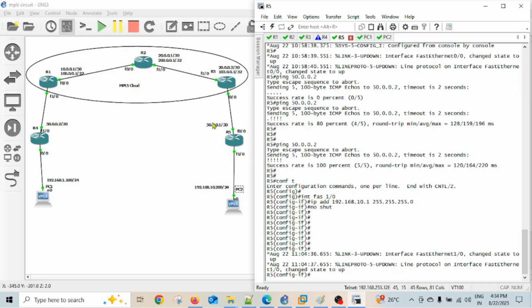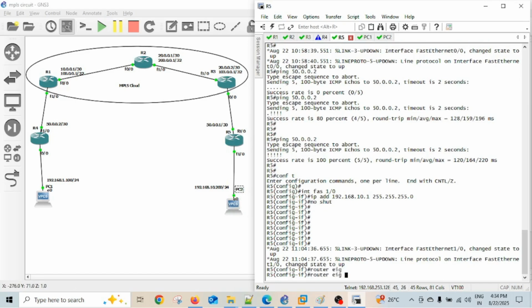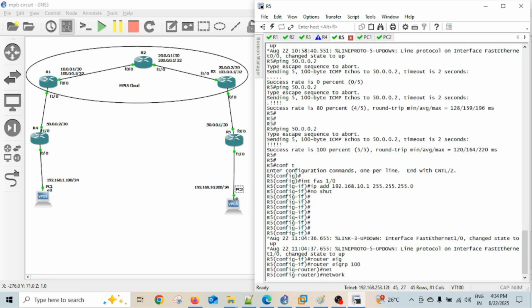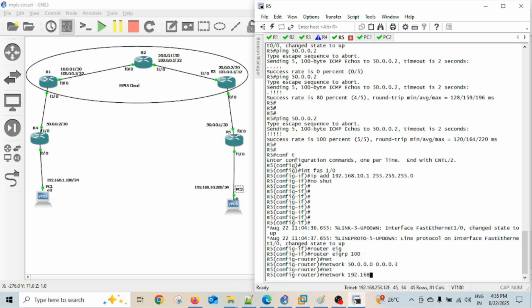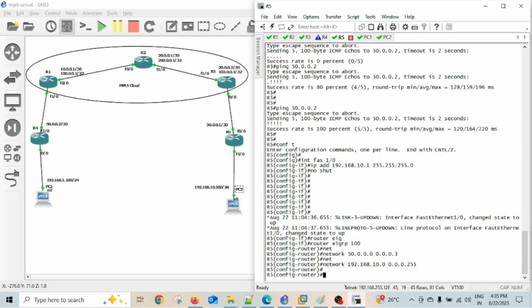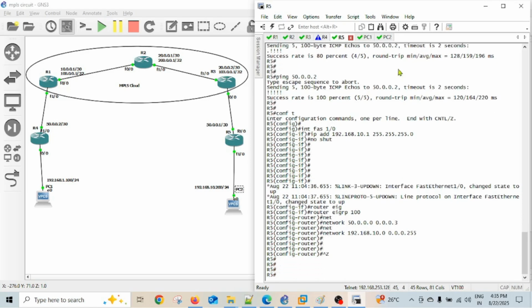So between different networks, to reach our LAN networks we need routing, so I will use router EIGRP 100, and the network I will define 50.0.0.0/30, and network 192.168.10.0/24. So same,